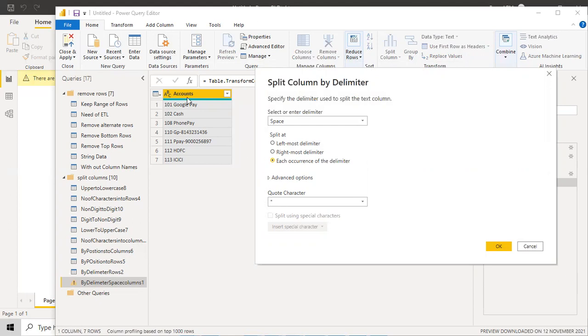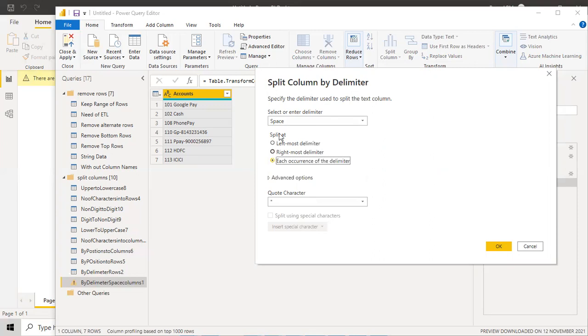So first, my delimiter is space. After every word or number, I do have a space, so I took it as space. If you click this, there are a lot of options: colon, comma, equal sign, semicolon, space, and tab. You can even make it custom. You can give your own delimiter, any character, and it will take it as a delimiter. Right now it already took it as a space, and that's fine with me.